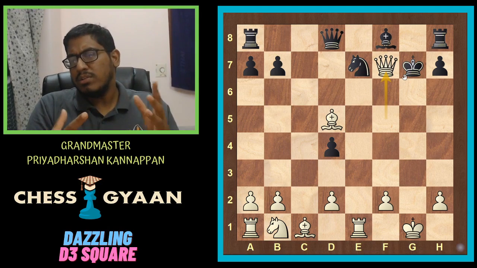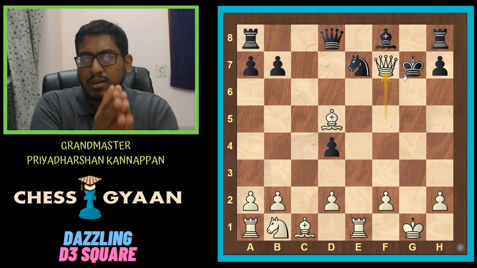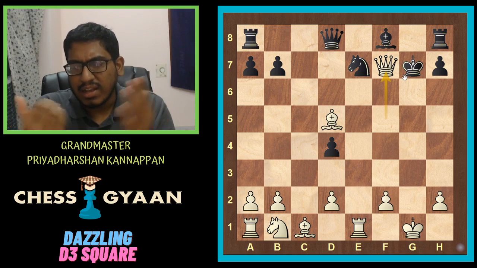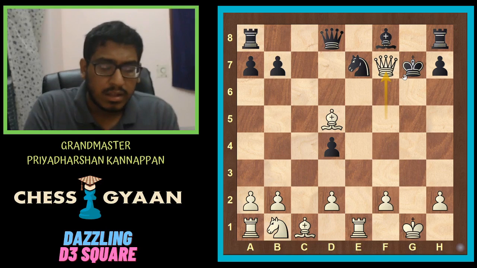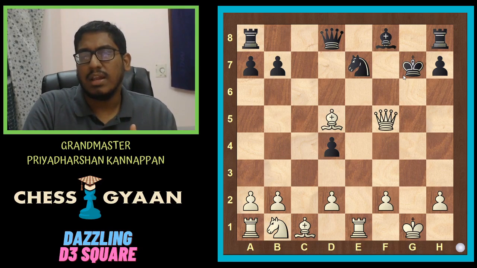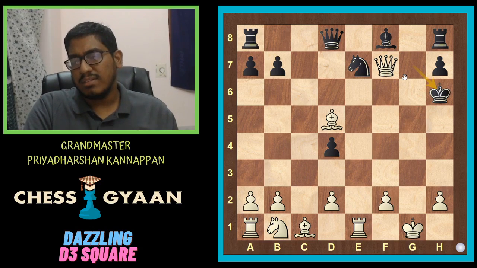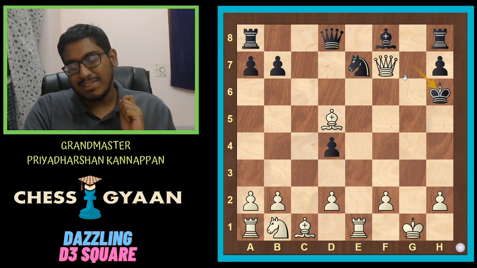And in my opinion, generally the checks that you give very close to the opponent's king, like here the queen goes to f7, the king is on g1, they're right next to each other. Such checks have a higher impact than maybe a check far away, like queen g5, let's say. So queen f7, king h6, and here white plays this quiet little check, a very simple move, which